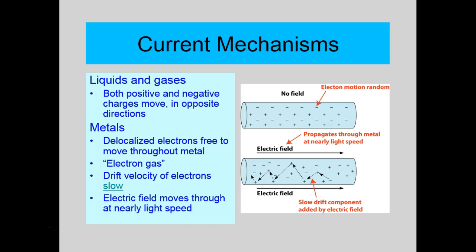In metals, however, which is what most of our wiring is, you have delocalized electrons free to move throughout the metal. Now, some people call this an electron gas. Since it's in a solid, that seems like a little bit of a misnomer. But